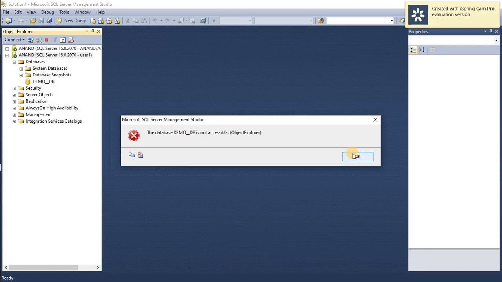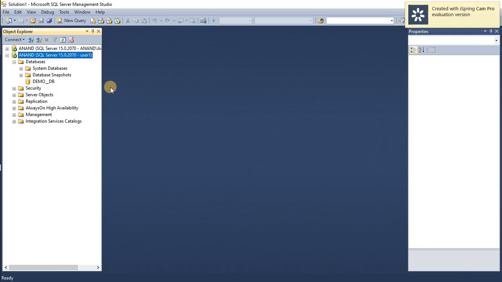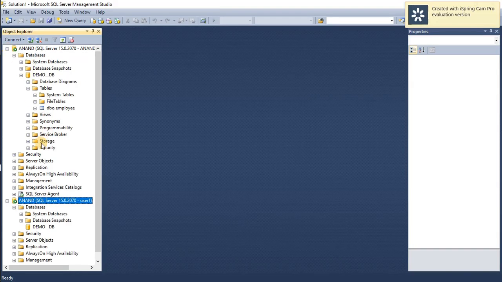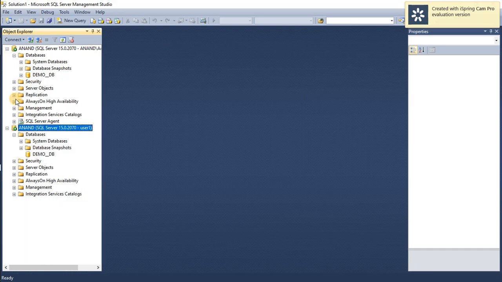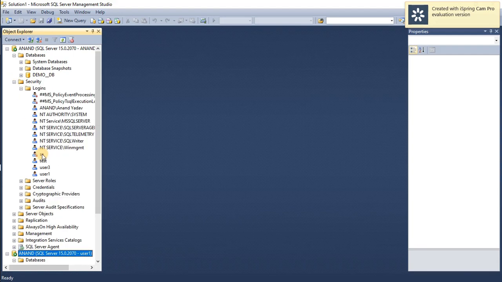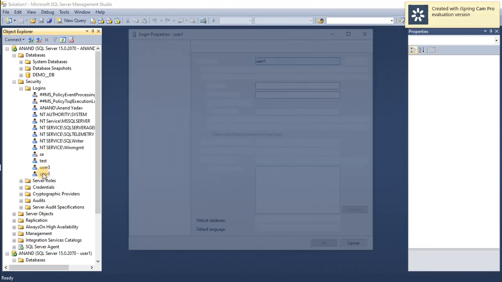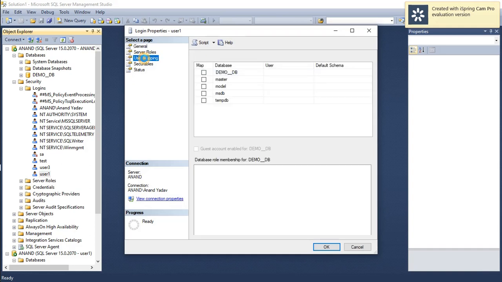So the developer should contact the administrator, the DBA. When a DBA receives the request from the developer, he should grant the permission. He will go to the security under user one and user mapping. He also asks the developer on which DB he wants access.